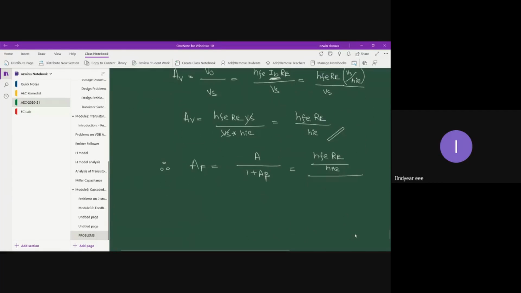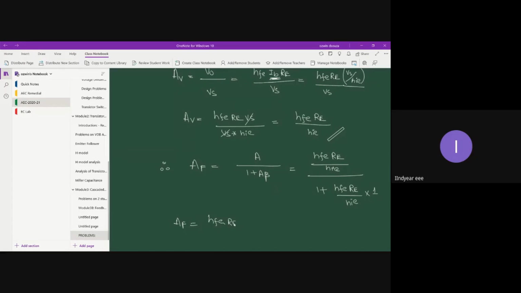The whole numerator gets divided by 1 plus A into beta. A is nothing but once again hFE RE divided by hie, into A beta. Beta is 1, so you would get AF as